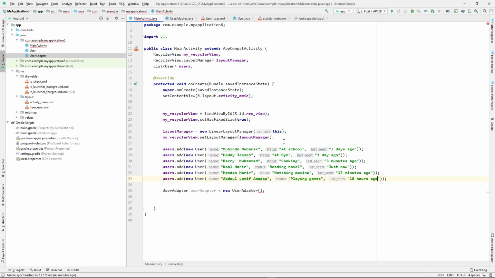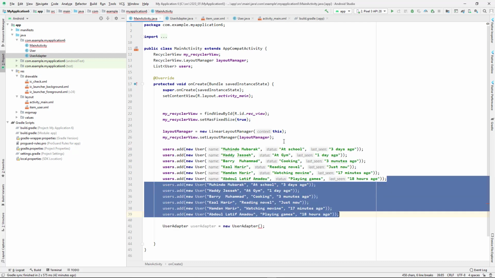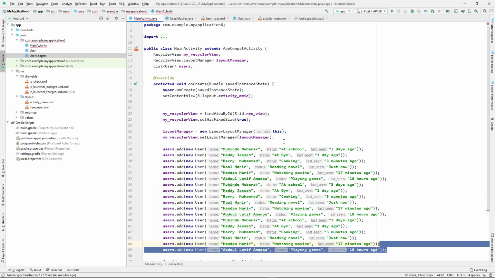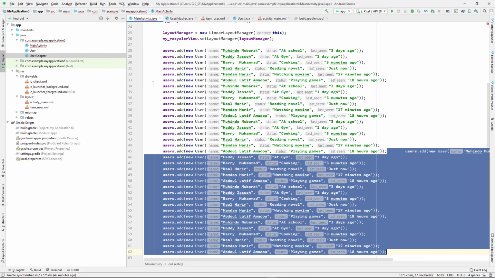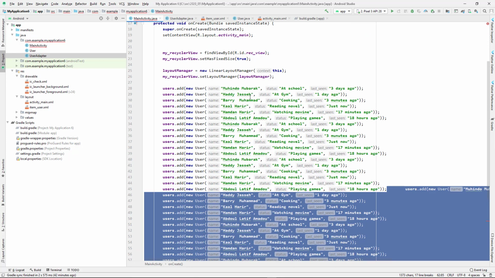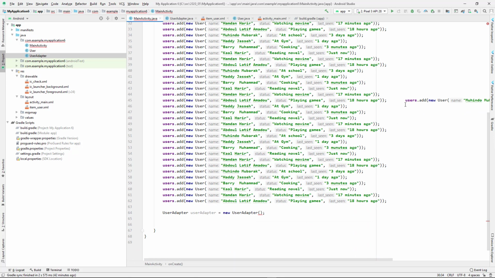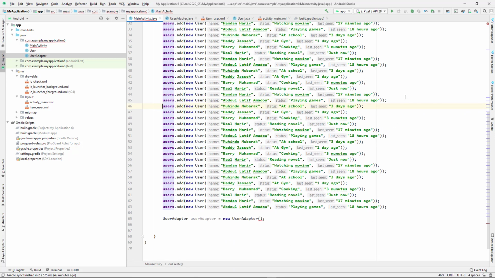So to make our data be like too much, I'll just duplicate this thing like 3 times, that it should be like a little bit too much. Okay, but don't be complicated. I just want to make our data too much. They're just the same, but I just duplicate them to make them a little bit much and make sense of